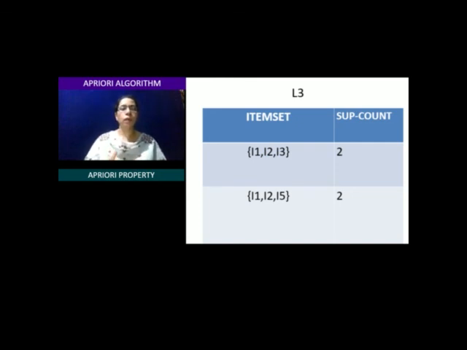of scanning the transaction database to find their support count value. We can use the frequent item sets, which are of very small size compared to the transaction database, for finding whether the items are frequent. So there is a reduction in computation time when we apply the a priori property.